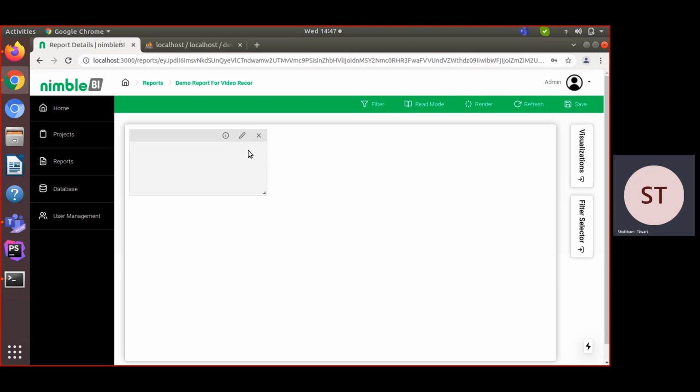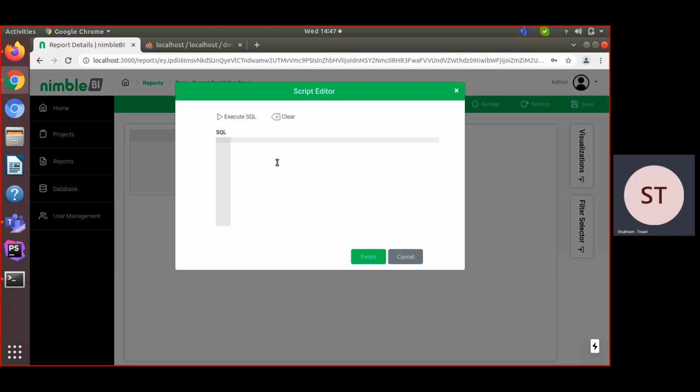So now let's focus in this demo on creating visualization. For creating a visualization, you have to click on query, and a SQL pop-up opens in front of you. Here you have to write your SQL query, which will execute and create JSON data that our Nimble API uses to create a graph for you.